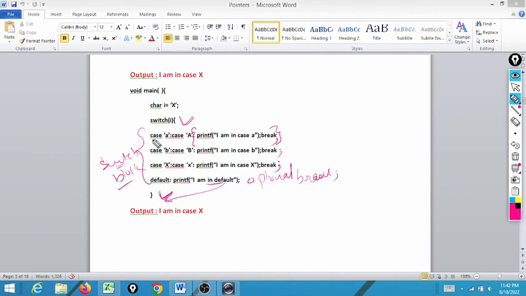Default can be at any place, either first place, second place or third place. Anywhere you can write the default. Order is not so important because in switch case, the compiler checks all the cases. If no case is matched, it will try to find the default case. If it gets the default case, then the default case will be executed. Otherwise, it will go to the closing brace of the switch case. What is default? Default is again a keyword. What is a keyword? A keyword is a word whose meaning is already defined to the machine.